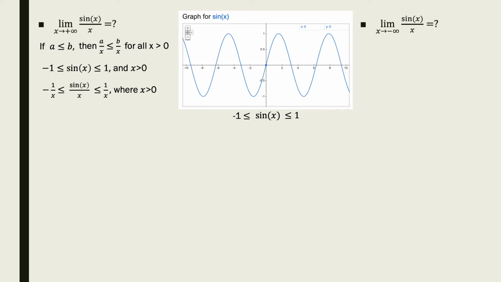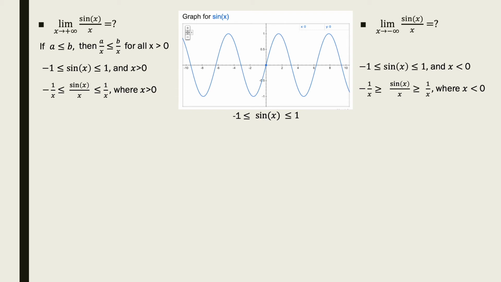If our x is not a positive number, like the case when x goes to -infinity, then we can still create an inequality where our function sine of x over x is bounded by two functions, one from below and one from above. Again, just by dividing by x, we get sine of x over x, with -1 divided by x and 1 divided by x also present, but the inequality signs have to change because we're